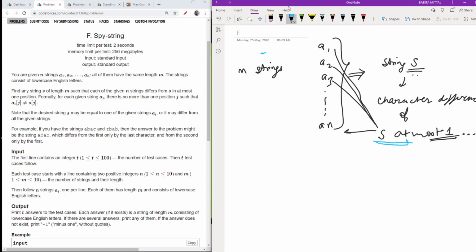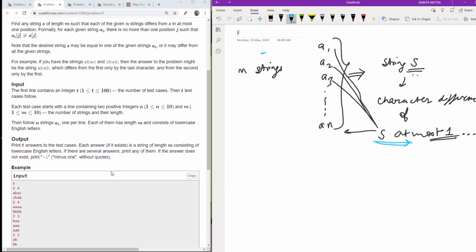So what you can basically see is that the values of n and m are pretty small, which is 10 and 10. So we can basically brute force it. Now how to brute force?